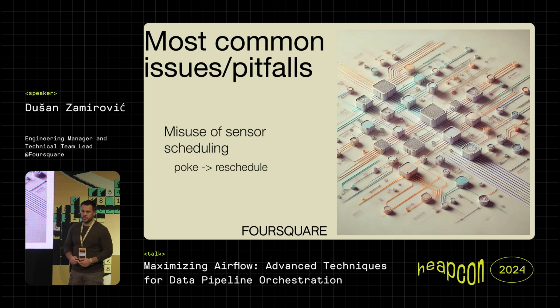You run your sensors in reschedule mode, which means check every 10 minutes, for example. But in reschedule mode, that means create a worker, take the pod from the Kubernetes cluster, check if the file is there. File is not there, shut down, destroy the pod. Come back in 10 minutes again. Create another worker, create another pod, check, file is not there, shut down. Which means that by doing this reschedule, you're taking one slot from Airflow, checking something, it's not there, okay, releasing the resource immediately. Again, doesn't sound like a big deal, but at scale it can be a problem.